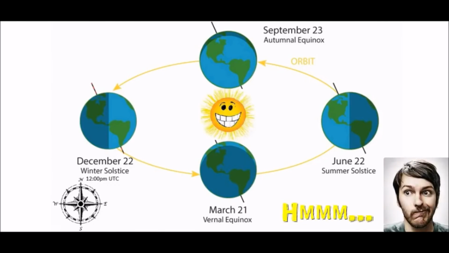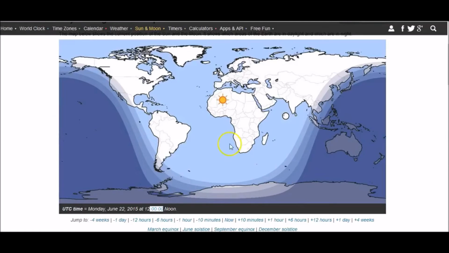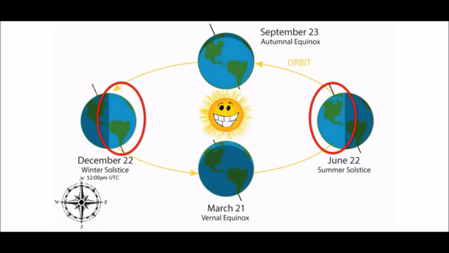Does this make sense to you? This is blatant proof that we are not on a spinning globe going around the sun. We can't be. There's no way that these globes can be in the same phase of their rotation, because it's the same time, and 12 noon has Africa facing space. It has to be facing the sun. There's no way around it. This to me proves that we are not spinning.